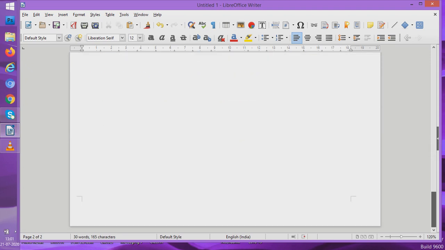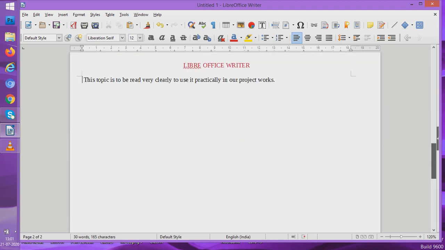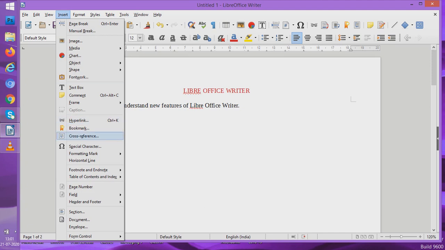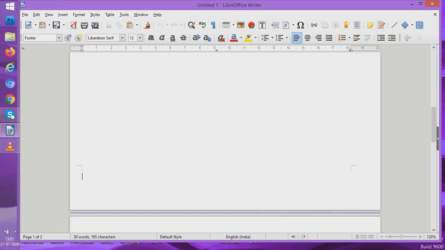And how did we give the heading? We gave the heading by using the option insert, then header and footer, and within header and footer we went to header and then default style. Students, there are also something called footers. Now what are footers? Footers come at the end of each and every page. So for example, you want to put page numbers on your document, so you can go to footers. Now you are in footer, see, you are in footer.